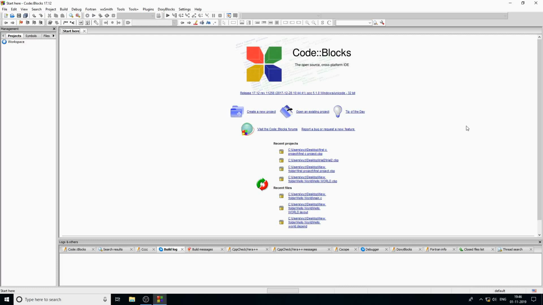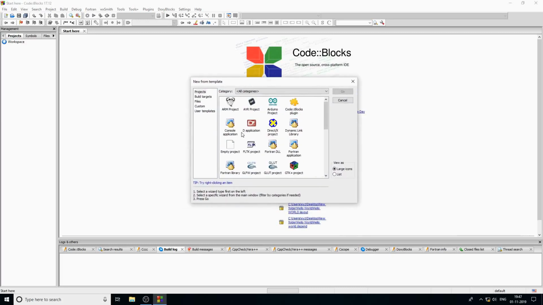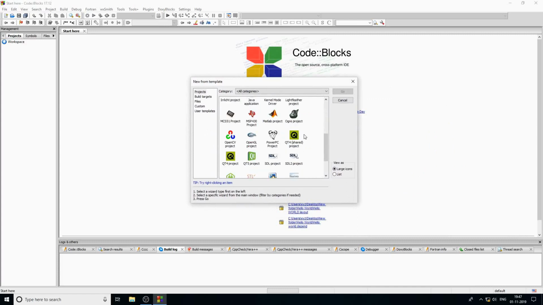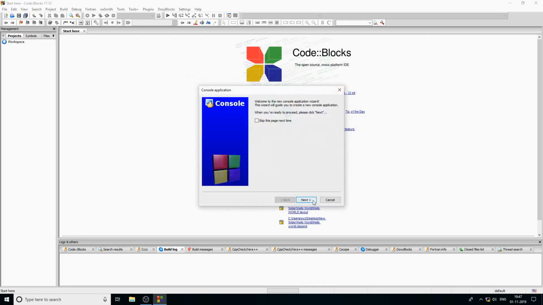Now this is the landing page of Code::Blocks, and again there are multiple options here. So what I want you to do is select the create a new project option. Now when you select the create a new project option, you get multiple selections for different projects. So these are different types of project that you can make here, and the one that we'll be working on is the console application project. So go ahead and select the console application project. Now once here, you have to make a selection between C and C++. So select C,